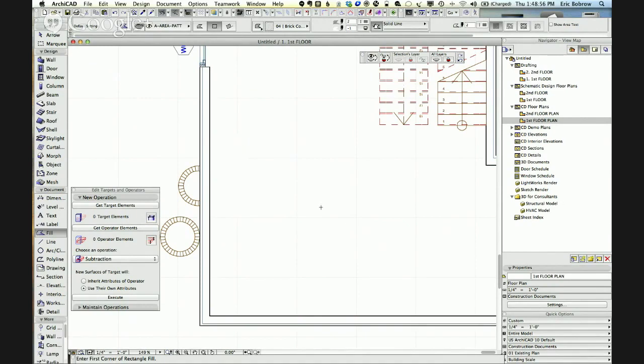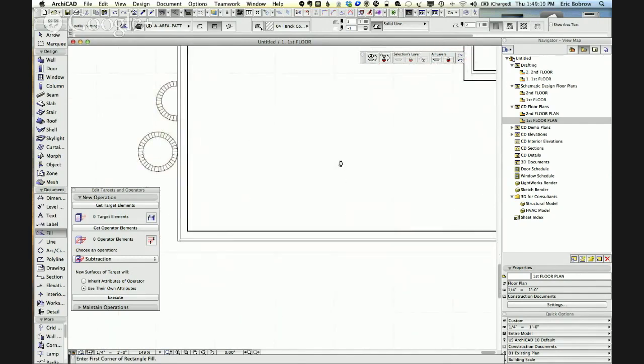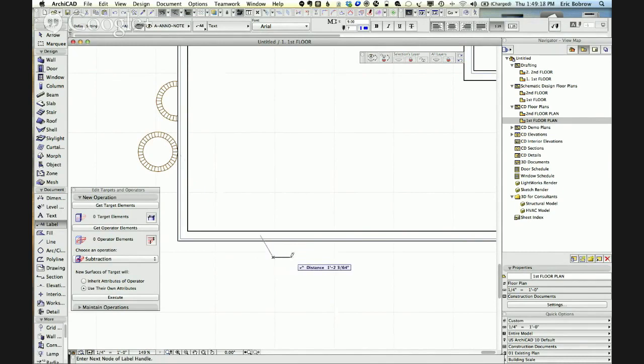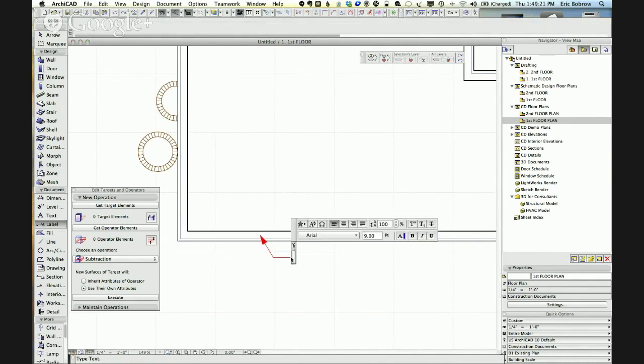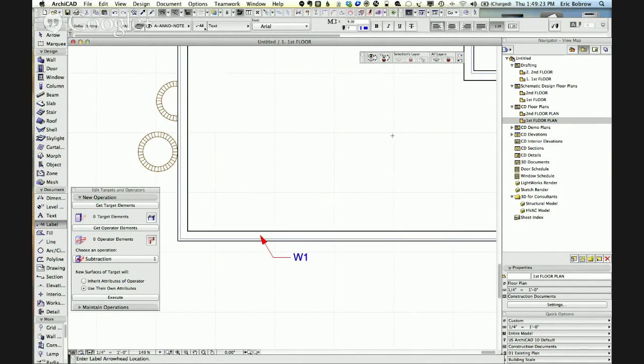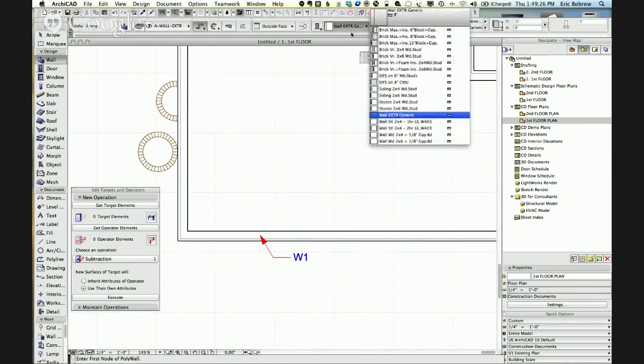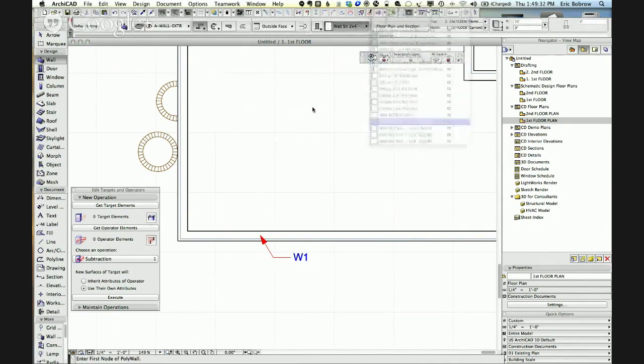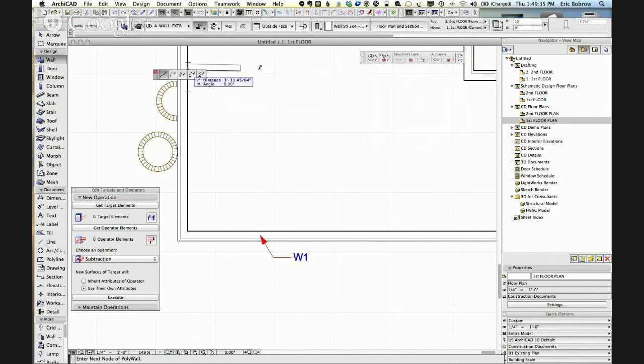So he's saying that in some of his projects he needs to be able to quickly label the walls to indicate different fireproofing or other conditions. So if I go to the label tool, and let's say that I want to point to this wall and indicate that this is wall type 1, and perhaps we have an interior wall. Let's go to some in-between interior wall here, and we'll just